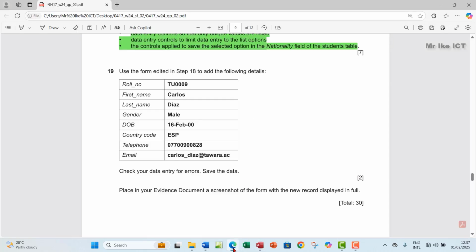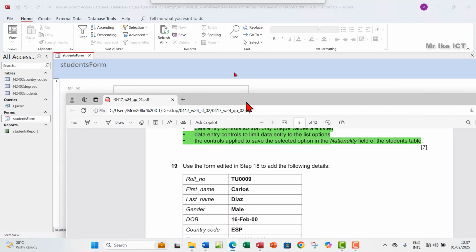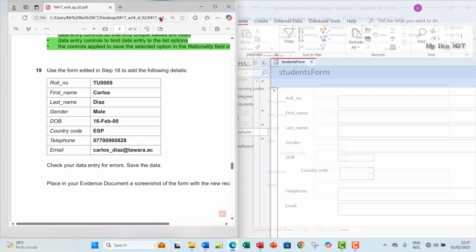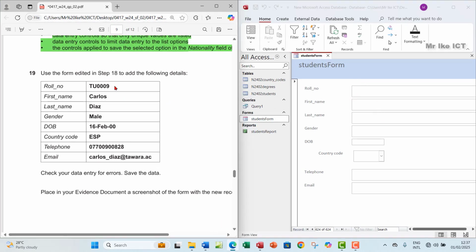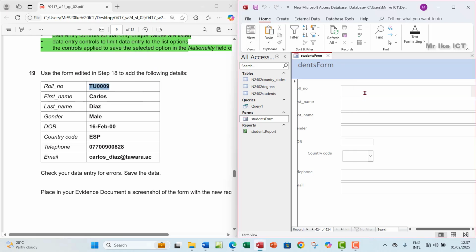I'll copy and paste. Let me just get it here. So I'll keep it to this side, and then I'll have this to this side. So I'm going to have roll number, copy that. So make sure you write correctly. Okay, and then first name Carlos,